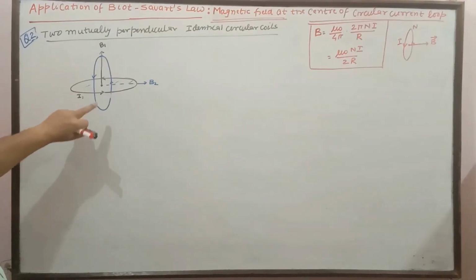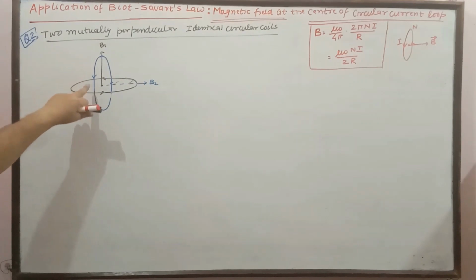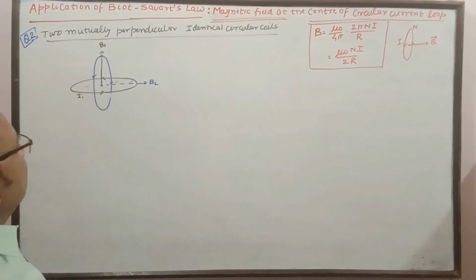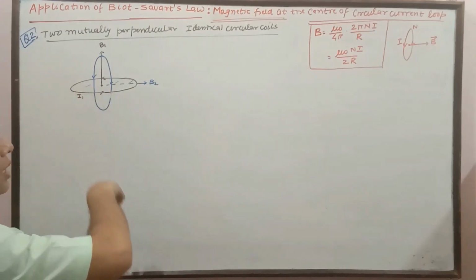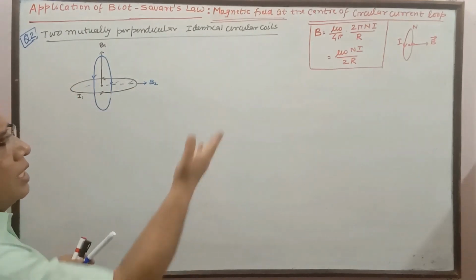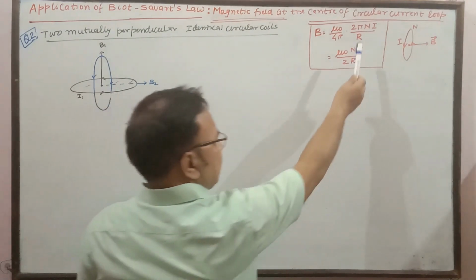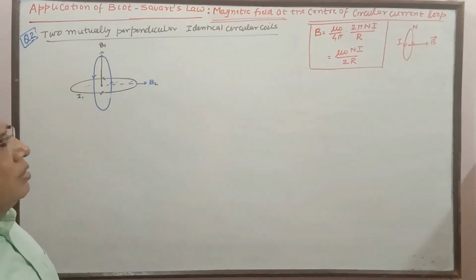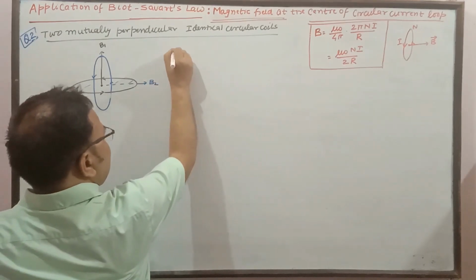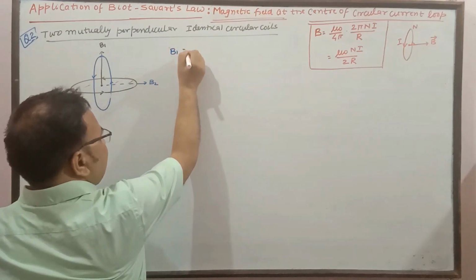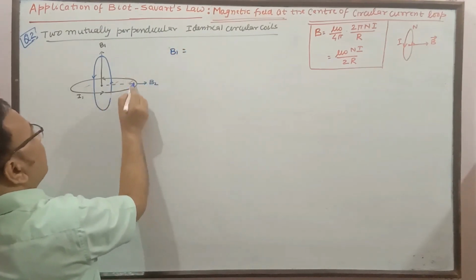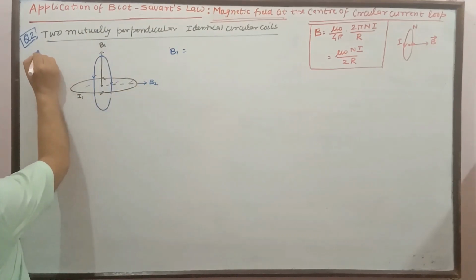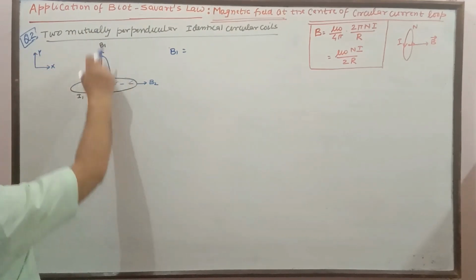In this case, what we see, there are two coils mutually perpendicular to each other. Their planes are also perpendicular. In the first coil, if I and R are given, then we are able to find out even the number of turns as well. I and R we need to find out the magnetic field at the center. If it is given, then easily we can find out the magnetic field at the center of the first coil. So here the first coil is this, suppose this is x-axis and this one is y-axis. So due to the first coil it is along y-axis.